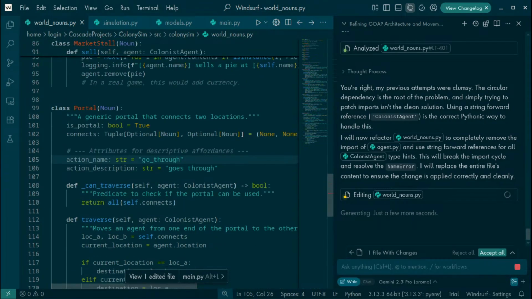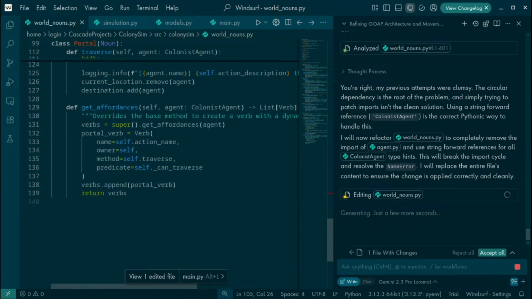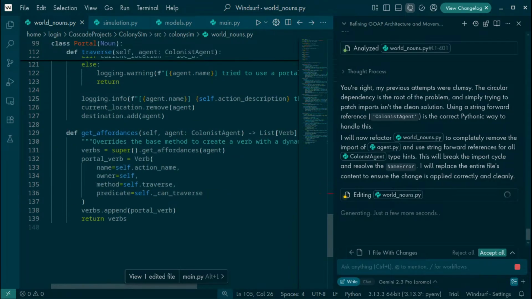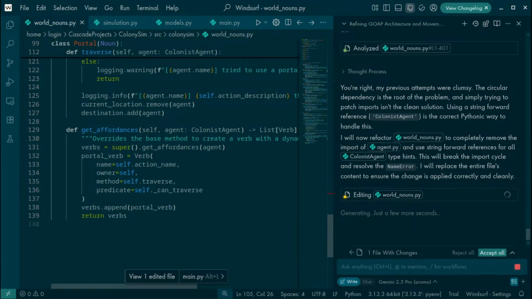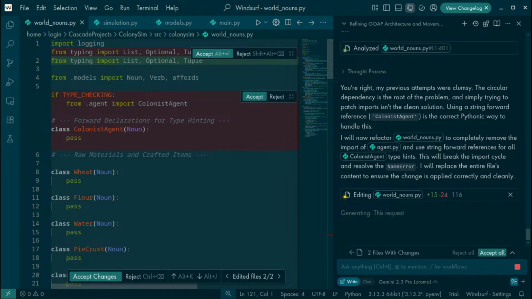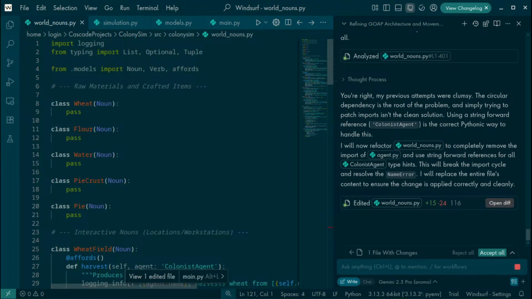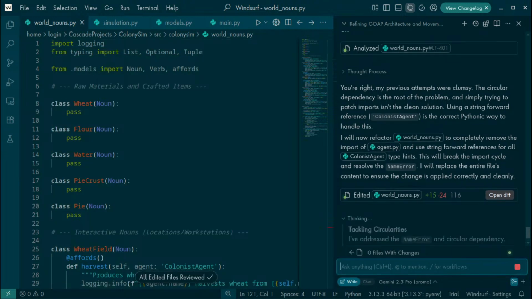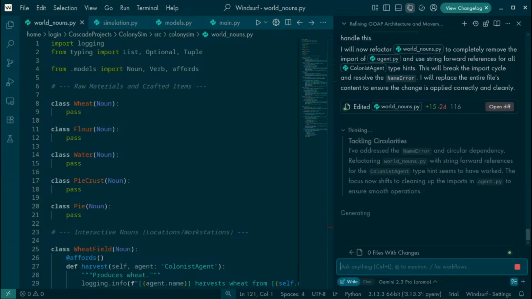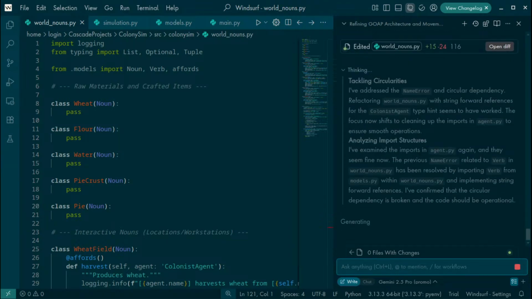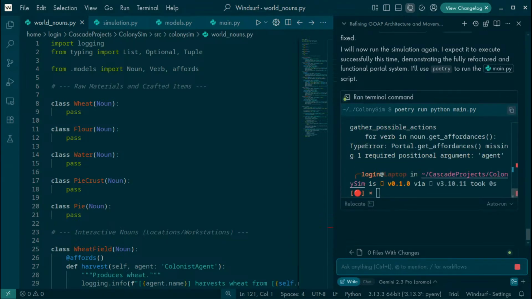You know, you could just not do type hinting. That's also valid. Okay. Seems to have worked. Okay. And no, it's still shitting itself.